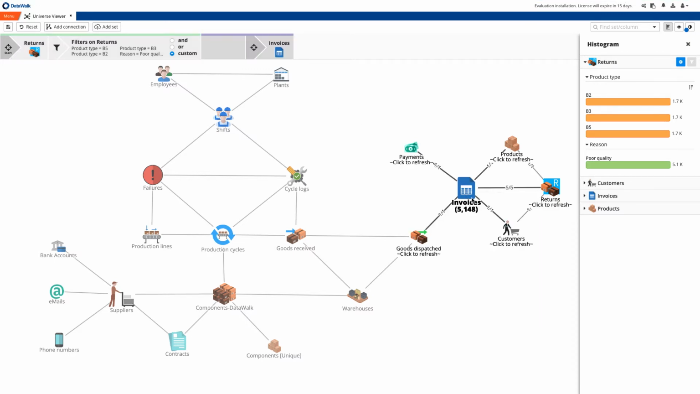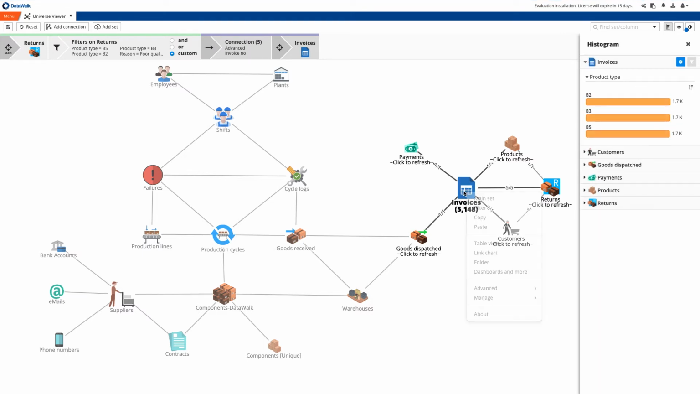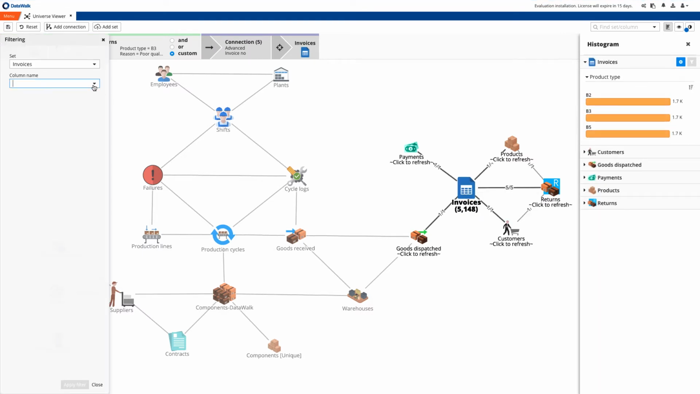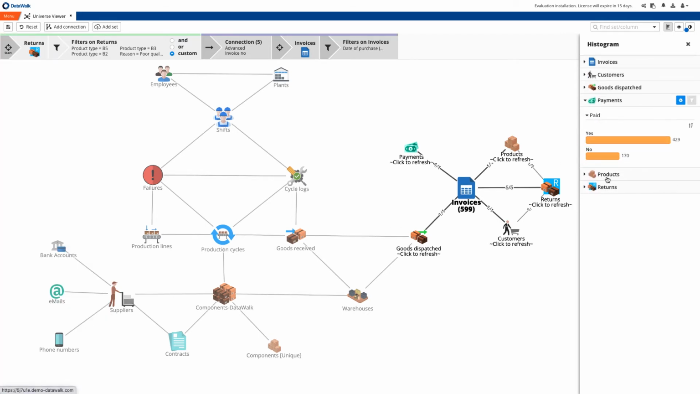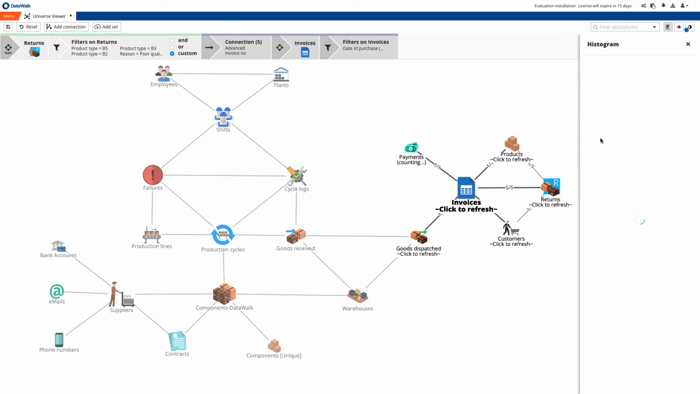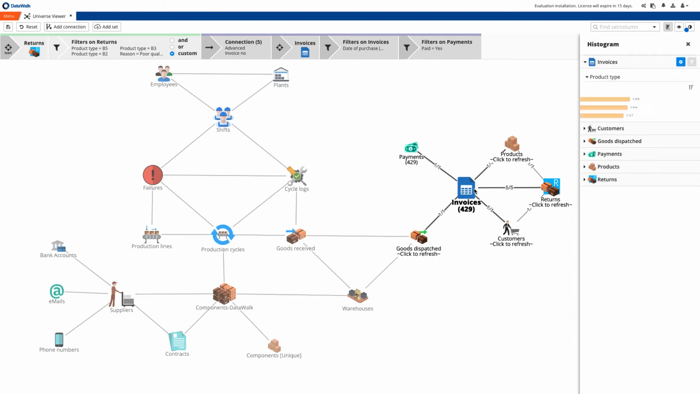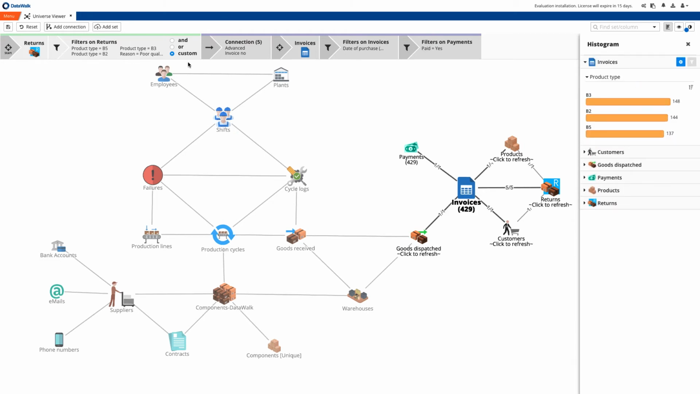Moving further, we change our focus to invoices for these three products, and we select only those that have been issued in the last 3 months and that have been paid. Now we see paid invoices associated with those B2, B3, and B5 products that have been returned because of poor